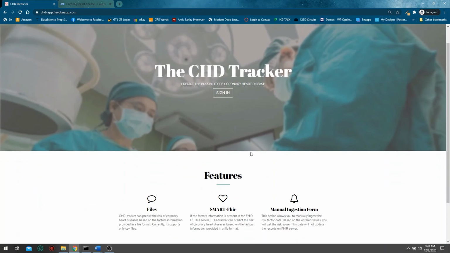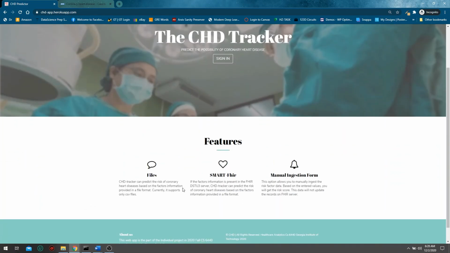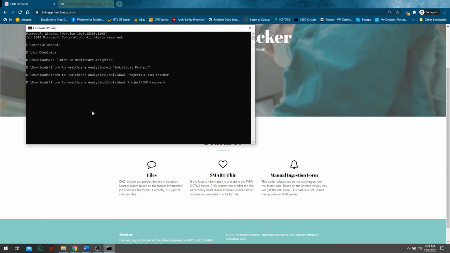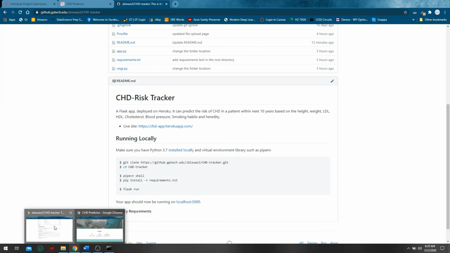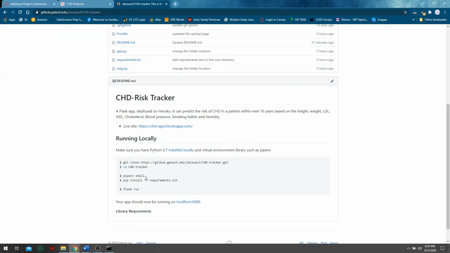Thank you. That was the simple walkthrough. Now, how can we run it locally? First we have to go for local development. We have to go to the directory where the GitHub repo was cloned. I've already done it, but the instructions are right here. We can just clone it and then go to the